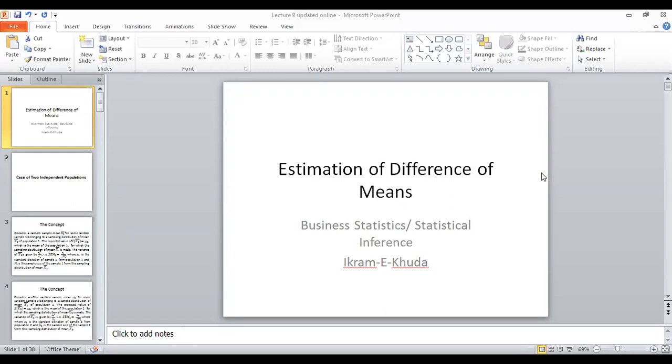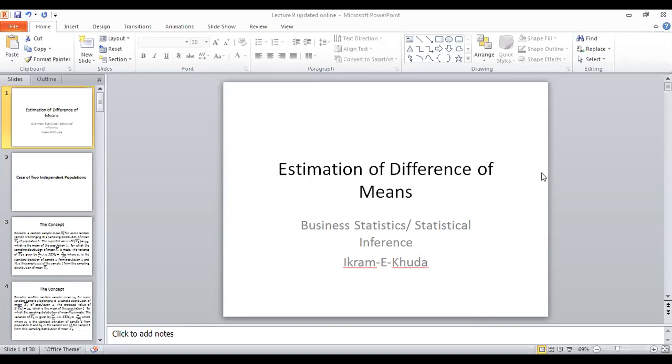When we compare the two populations, then basically we can have two cases. Either we are summing the populations or we are differencing the populations. Although we will discuss both cases, particularly our objective in this lecture is the estimation of the difference of means. That is when the populations are being subtracted. Mathematically, we can say that the populations are being added or subtracted, but conceptually, we should understand that whenever we are subtracting the populations or summing them up, in some way or the other, we are comparing them. Most commonly, we do the difference operations when we do the comparison between the two.